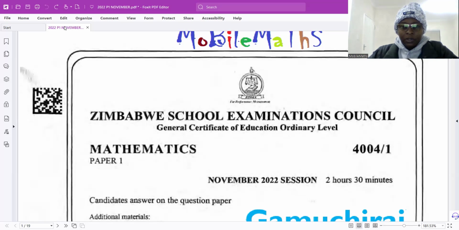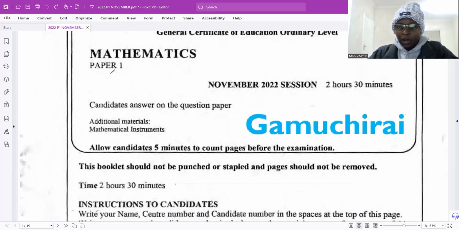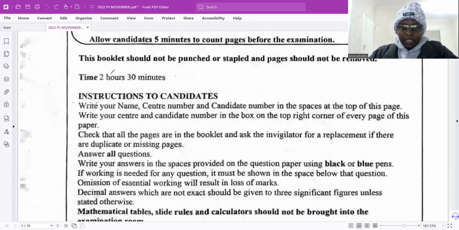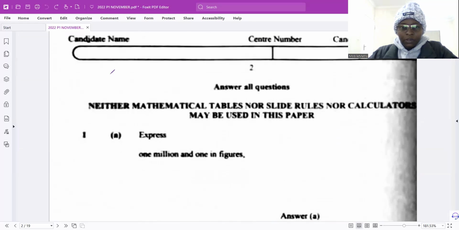This is Kamchirai. I'm going to take you through the November 22 Paper 1 session, which is about 2 hours 30 minutes. Okay, let's get started. The first question is saying, express